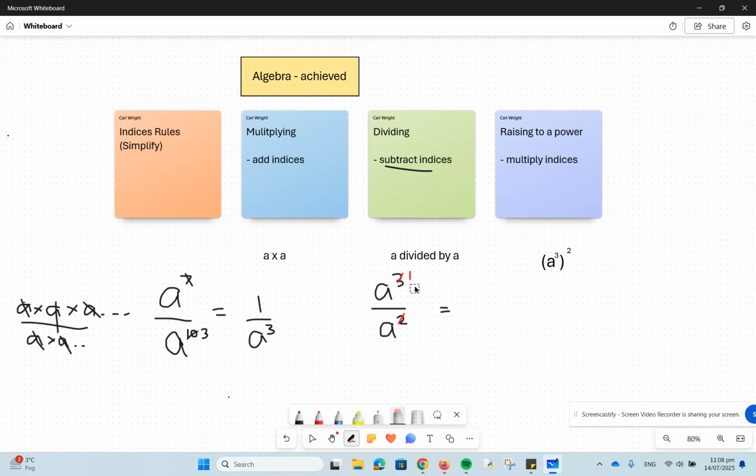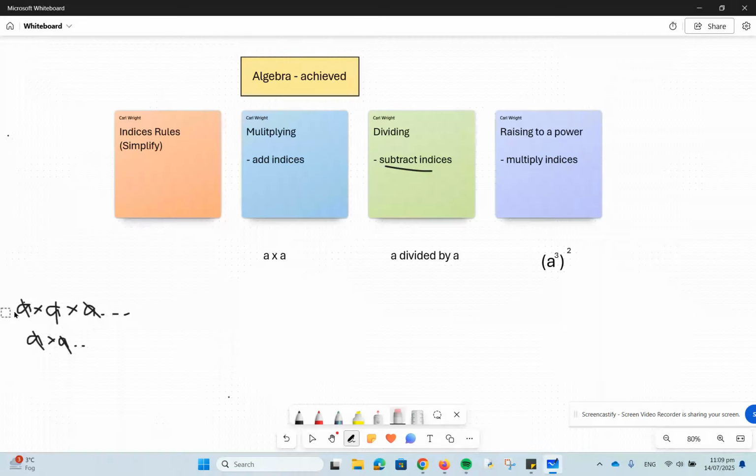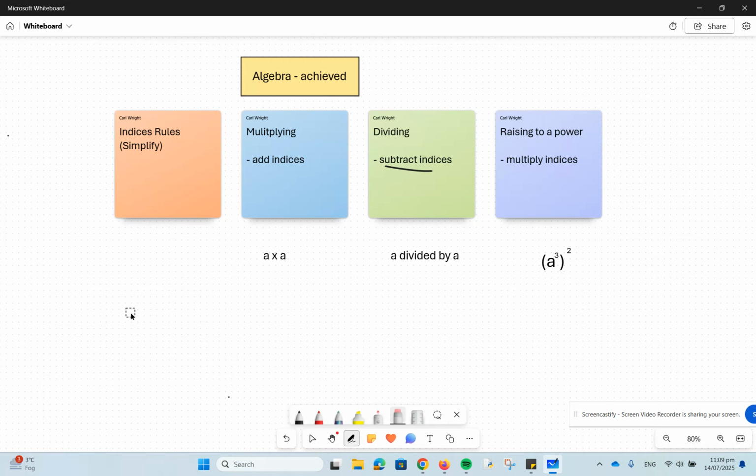Before I move on to the last one, I really want to make sure you understand it, because if you get this rule, you've got the multiplying rule and you've got the dividing rule, so you're actually doing all right. Okay, and that means you've got two of the rules for indices, and when you learn the last one, there's 3 of them, and you're on your way. So at level 1, they'll probably add more rules, but it doesn't matter. You've got some really good basic rules. Okay, so let's try